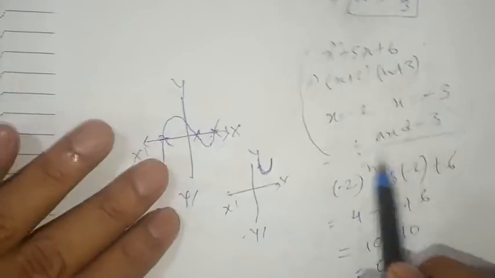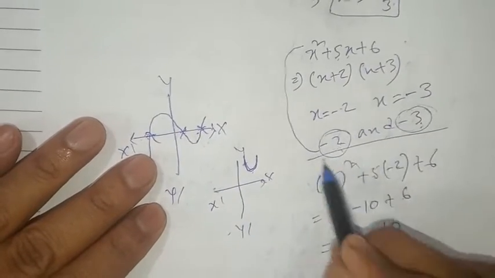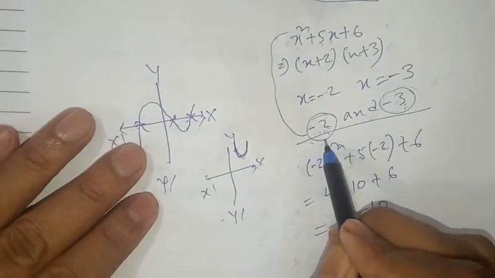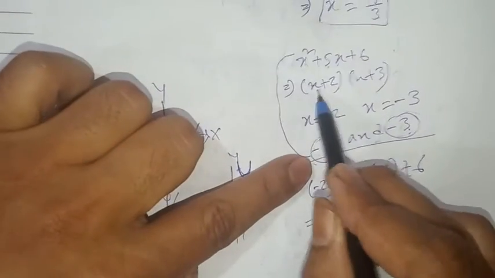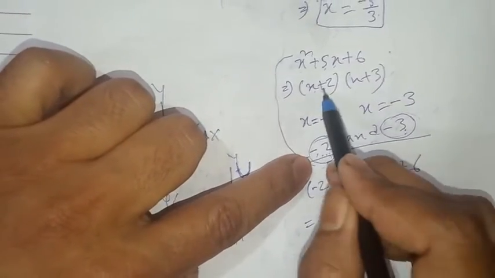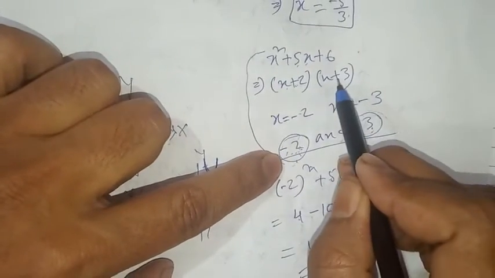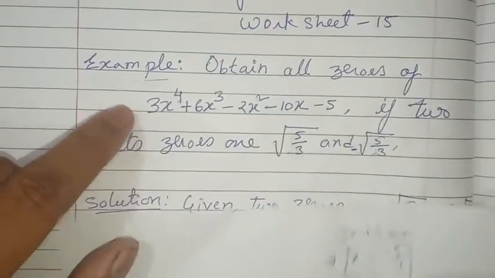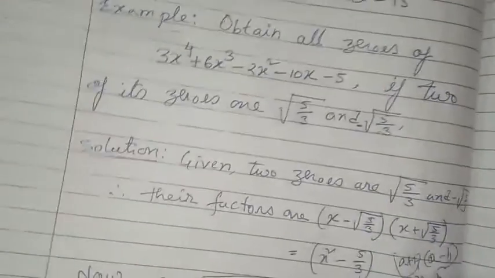So this was graphically and this was algebraically. The basic thing you have to remember: if you know a zero, you can find the factor. If I tell you that -2 was its zero, what was its factor? x + 2. Here it is negative, here it is positive. Keep this in mind and that will help you understand this problem now. So let's begin. Here the two zeros are already given to you.